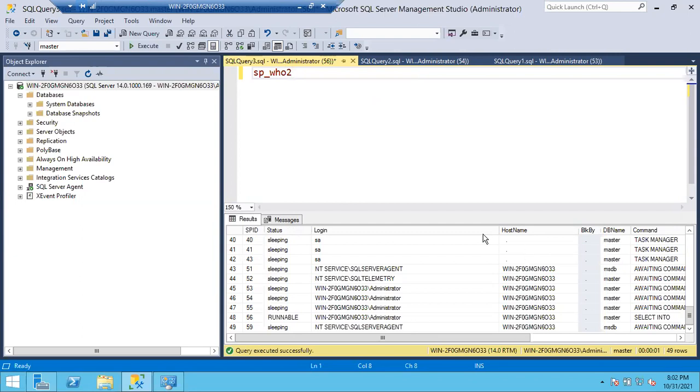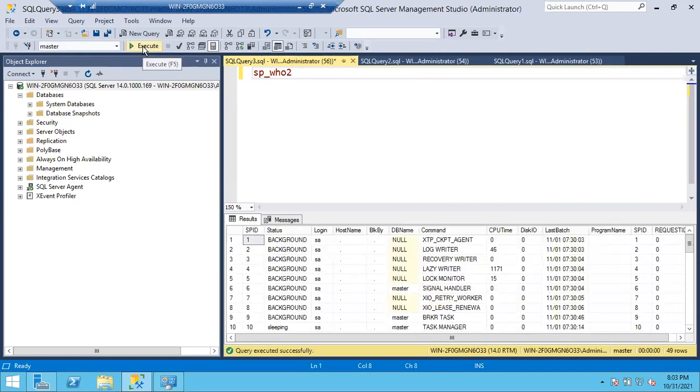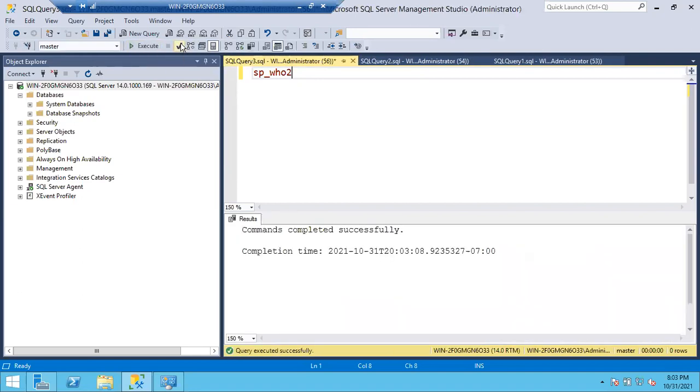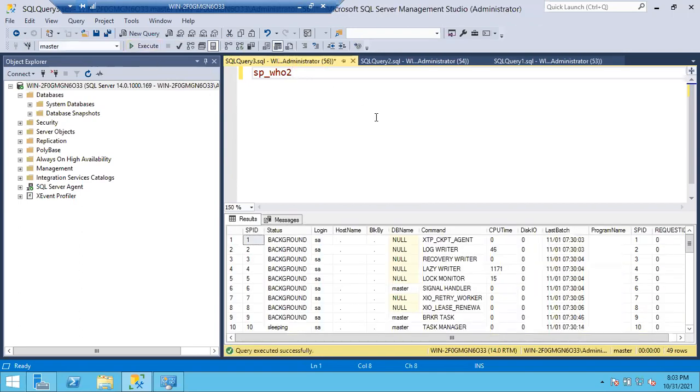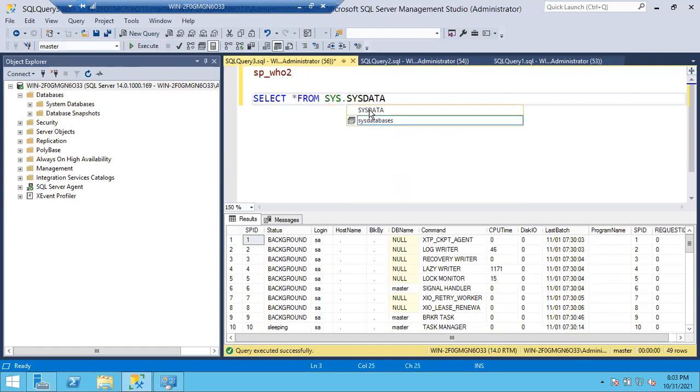And to execute the query, in case you want to execute the whole thing in the session, no need to select, and you can directly click on the Execute button. Before that, you can go for the Parse button so that you can check whether your query is right or wrong. If you use the Execute button without selecting, say for example here, let me run two queries here. Select star from sys databases.